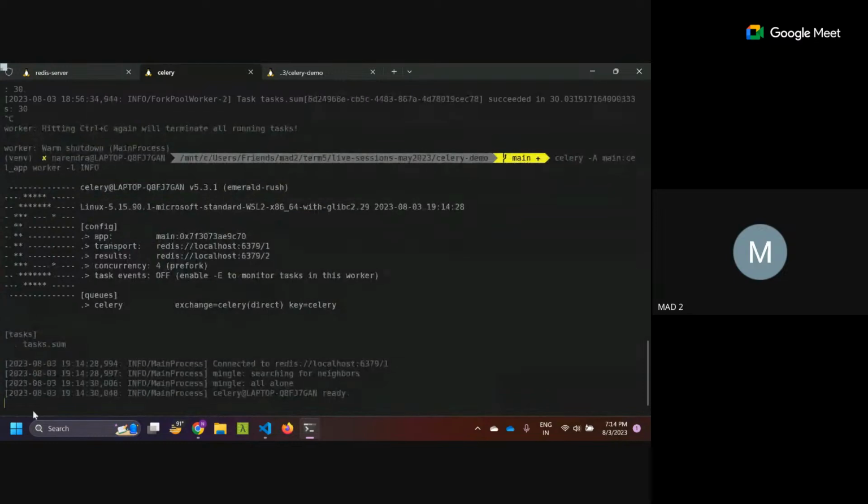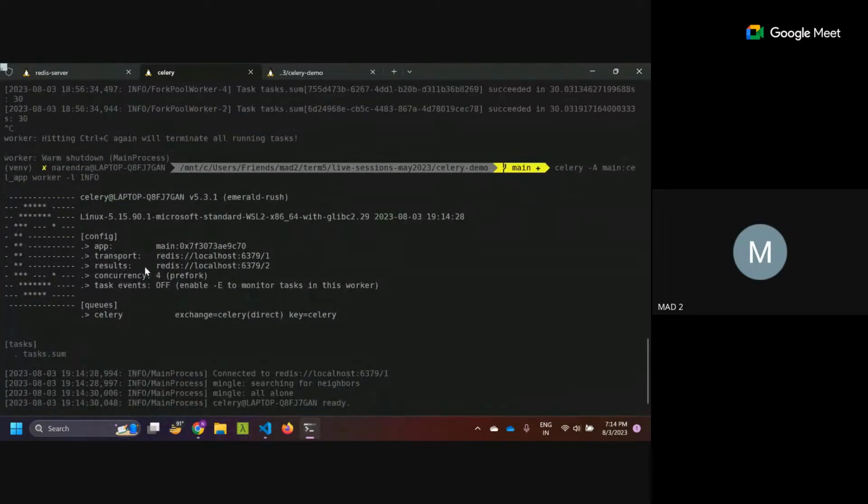Okay, so everything is listed here. Now you can see the app is this one, this is the message broker, and this is the result backend, and we can run concurrent requests. We can run concurrent tasks, which I showed: if you run 4 tasks, they will run concurrently, and if